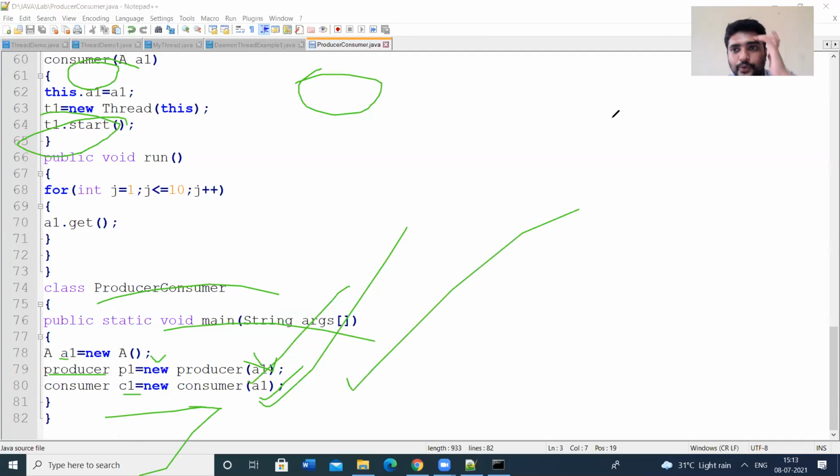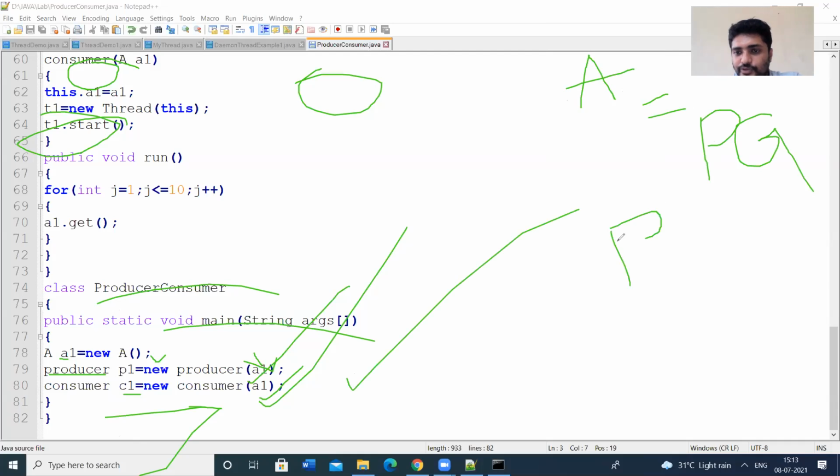So this is the program to illustrate the producer and consumer problem. Here I have taken four classes. In class A, I have defined two methods, the put method and the get method. Then I have defined the producer class, in which I have invoked the put method, and in the consumer class, I have called the get method.